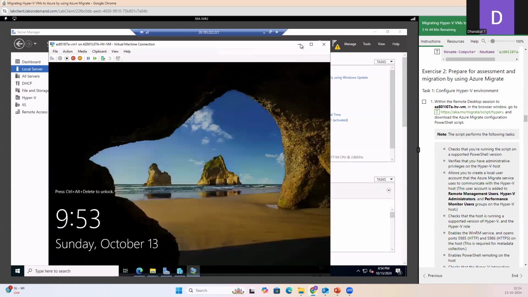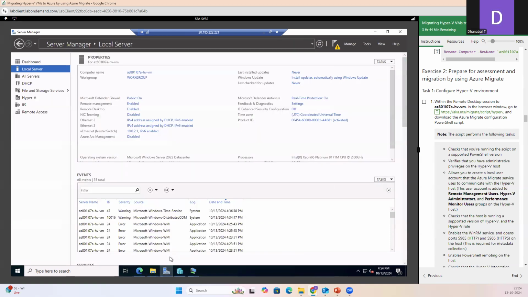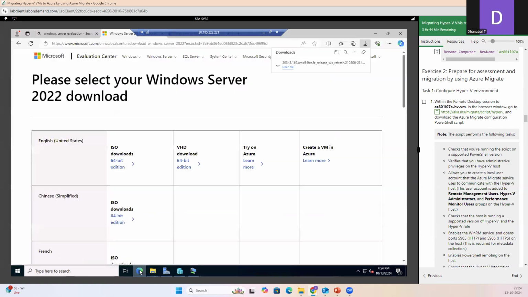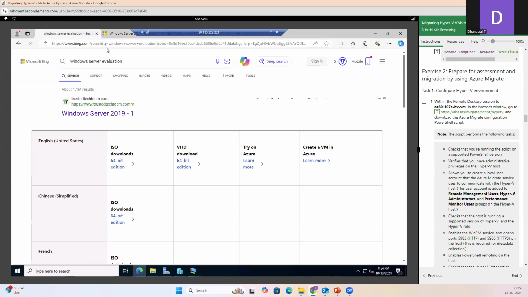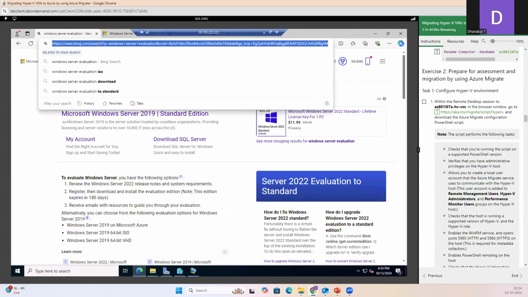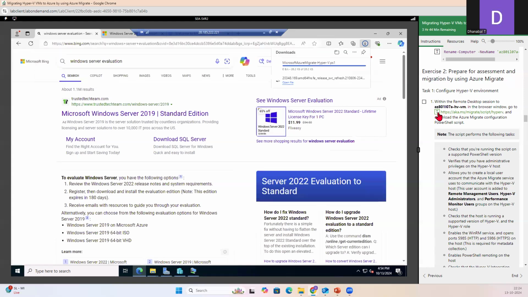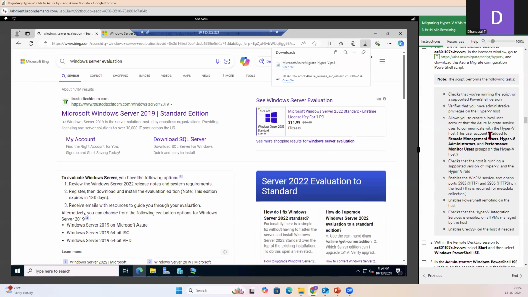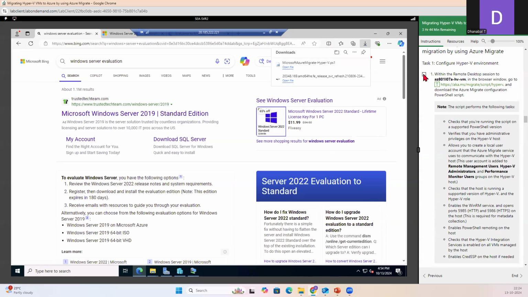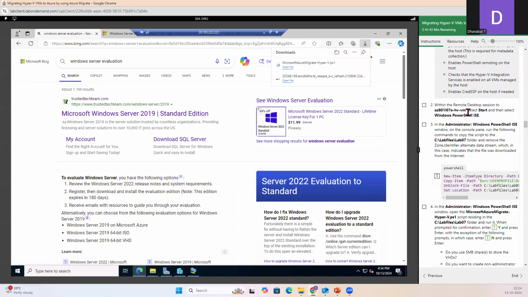It's restarting. Anyways, it's restarted. I don't need that also. And I'll be going to the Microsoft Edge. In here, I will click this and hit enter. It'll be just downloading some agent, and that is the Microsoft Azure Migrate agent. Okay, so this is done. And then the next is,